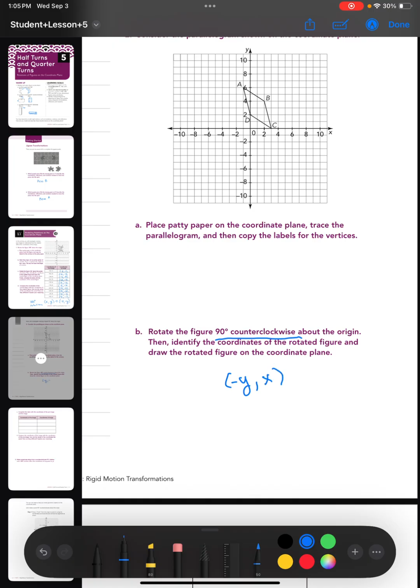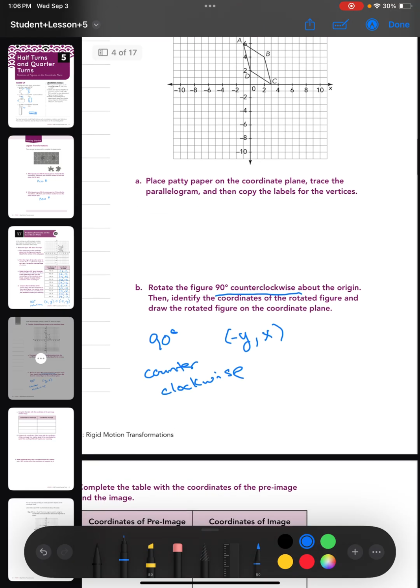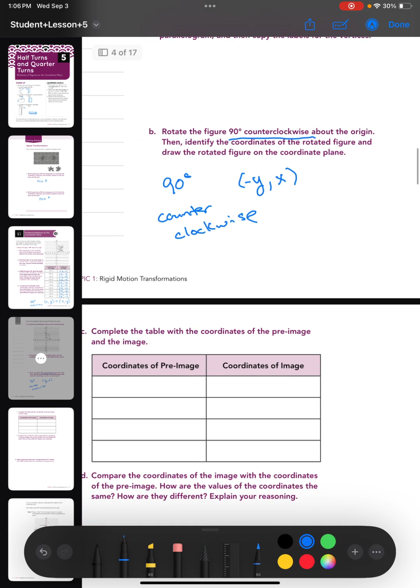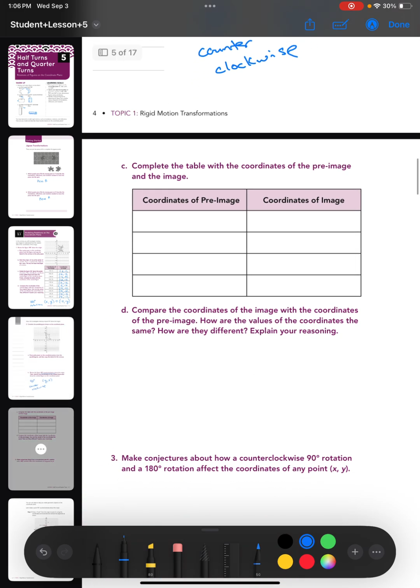(-y, x). So keeping that in mind, if we're going to take all these original points, on the top of the next page we're going to write that, and we're going to use that rule for 90 degrees counterclockwise. Again, those rules are all on that separate sheet going to be given to you. All right, so if we do that, the coordinates of that pre-image,